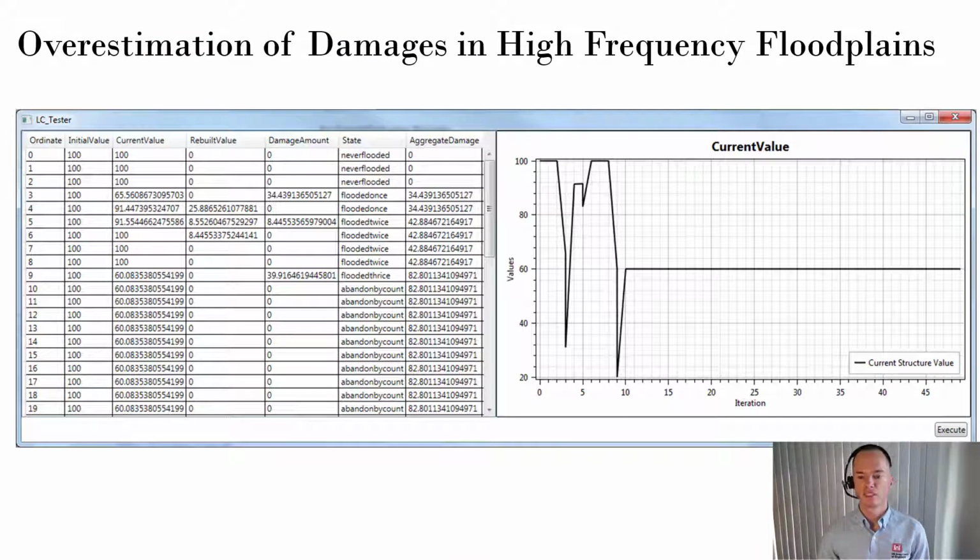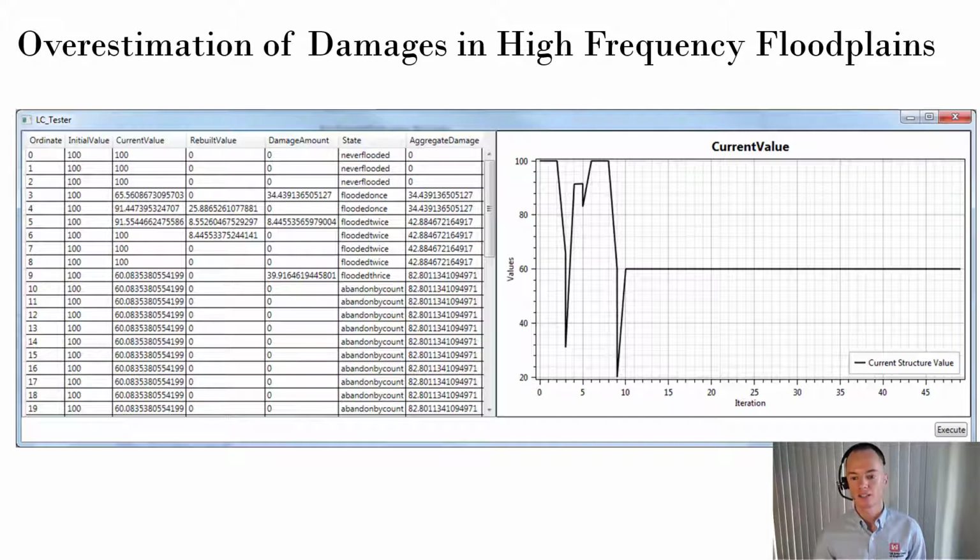A limitation of FDA is that the program has virtually no concept of time. As a result, the program has a tendency to overestimate the damages due to high-frequency flooding. There is an inherent assumption that structures are rebuilt instantaneously because the same distribution of the value of damageable assets is available each simulation. This is an unrealistic assumption in the event that a structure is totally damaged one year, as it is unlikely that the structure would be fully repaired and in place to be damaged the next year. In some situations, structures are never repaired.